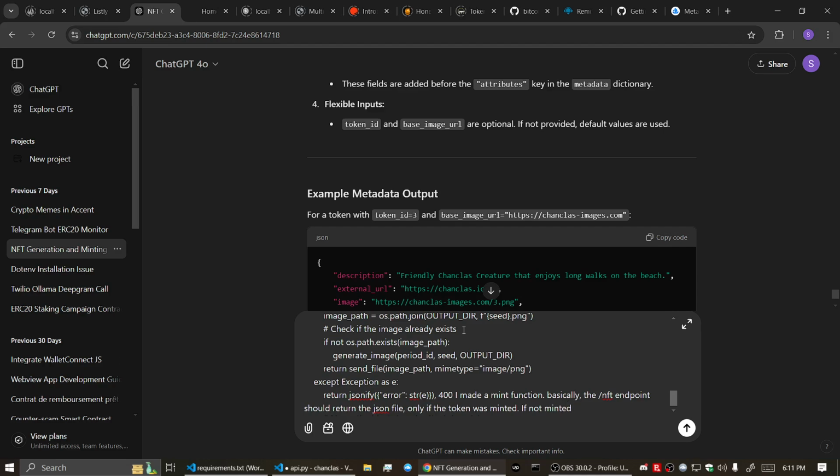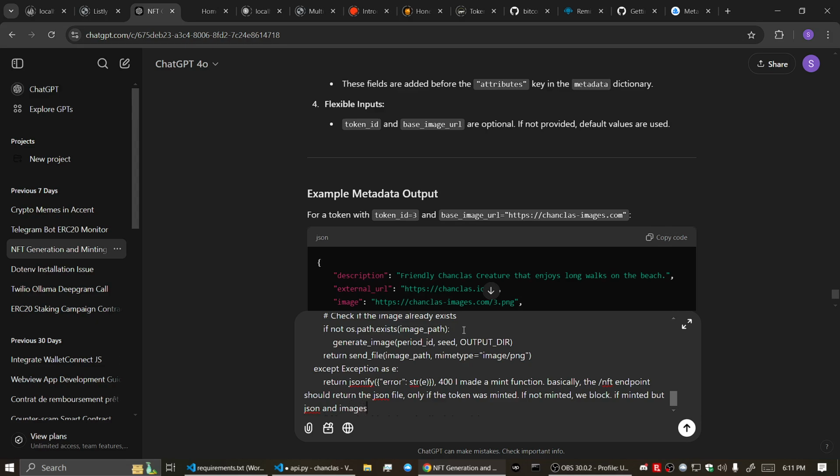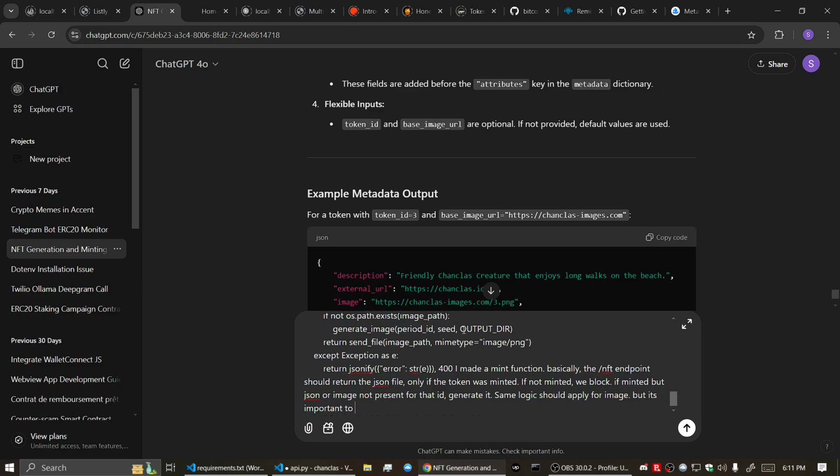If not minted, we block. If minted but JSON and images are not present for that ID, generate. Same logic should apply for image, but it's important to block if the token ID is not minted, thus preventing